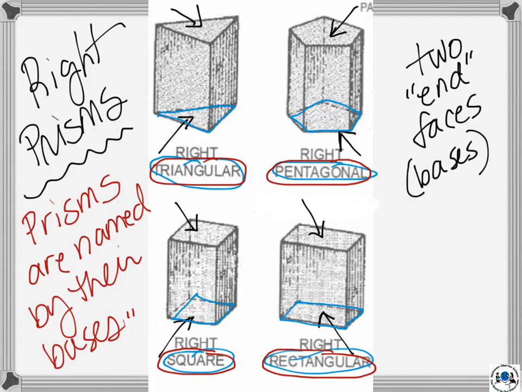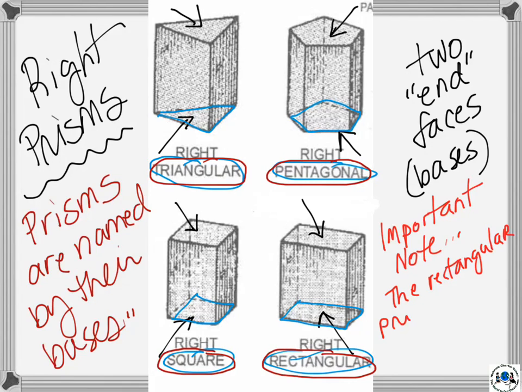But yeah, the prisms are named by their bases. So this right triangular prism has a triangle as a base. Pentagonal has a pentagon as a base, square, square, rectangle, rectangle. Okay? So an important note here is the rectangular prism formula